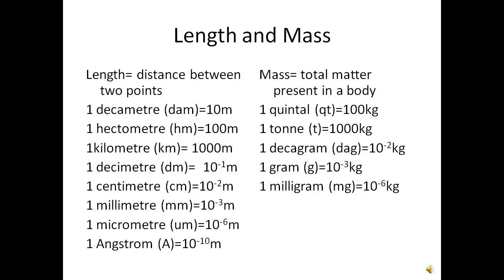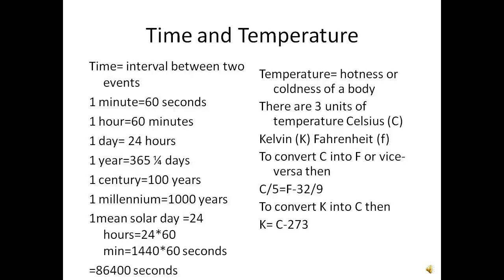The next topic is time and temperature. Time equals the interval between two events. 1 minute equals 60 seconds. 1 hour equals 60 minutes. A day equals 24 hours. A year is 365 and 1/4 days, 1 century is 100 years, a millennium is 1,000 years, and a mean solar day equals 24